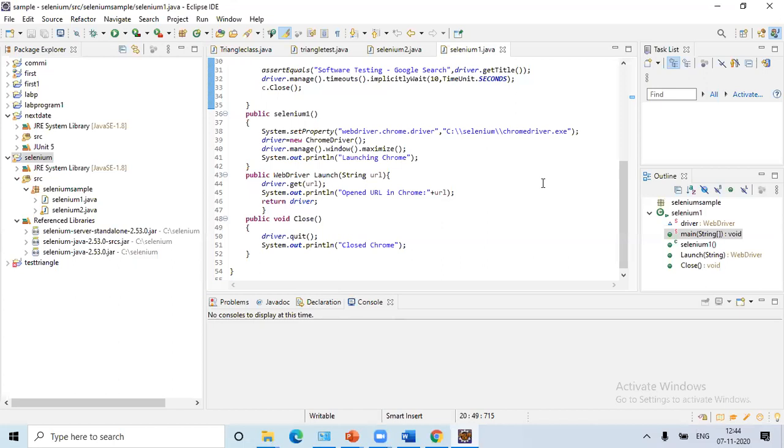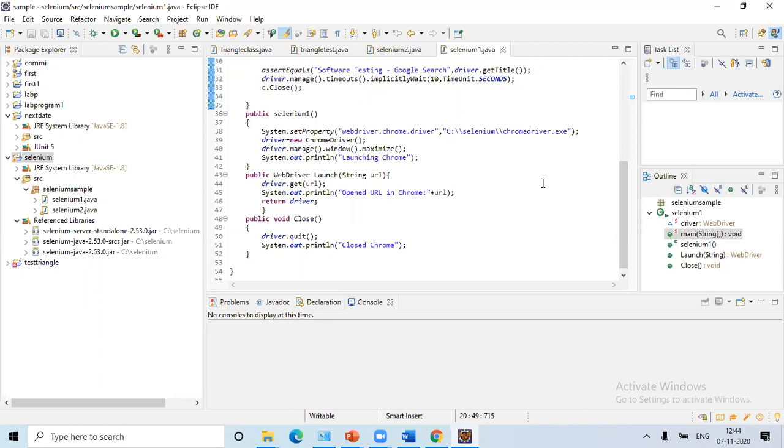So what is that? We should open Google, we should type software testing. The result should come, and then we are closing. If all these things are done successfully, then you can say your WebDriver is successfully installed, and you have successfully done your automation. That means what I'm going to automate here is the functionality: I have to open my website, type something, and get the results. Whether that activity we have developed has been performed properly without any exceptions, or whether any exceptions are coming, that I am going to check using automation.